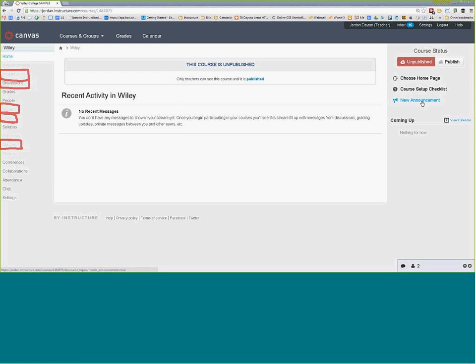Now you can also create content. An announcement obviously is a type of content, right? And another piece of content that you can make, but each of these that I've highlighted are a little bit different, and they each serve a different purpose. For example, files, that's all of your external stuff, like PDFs, documents, PowerPoints, study guides,